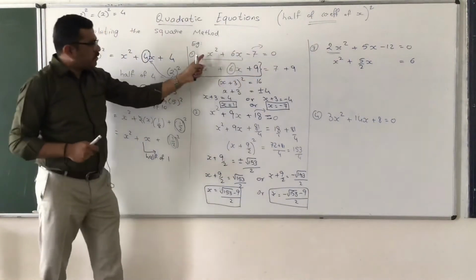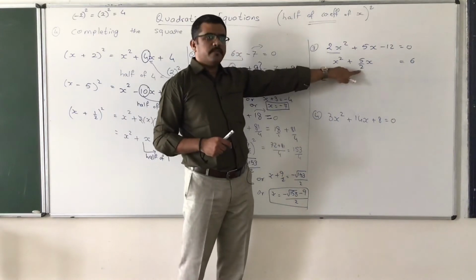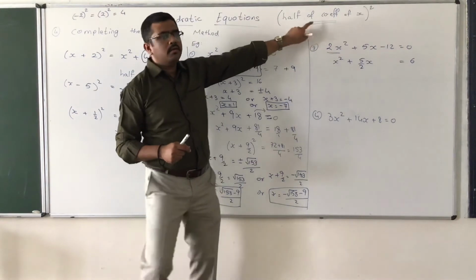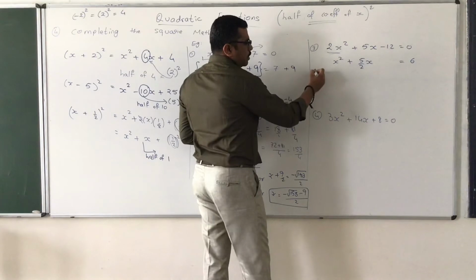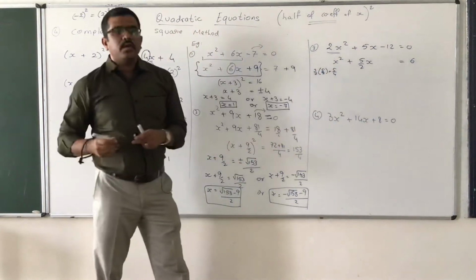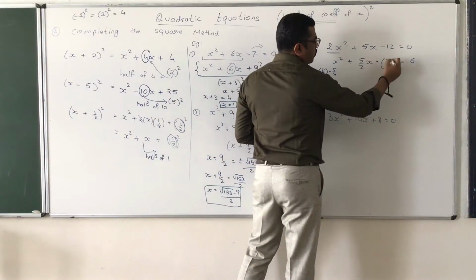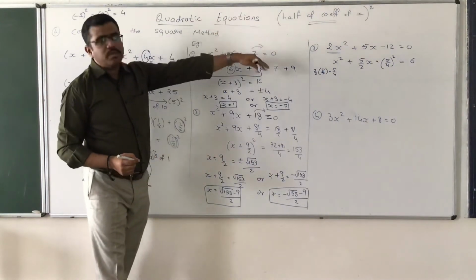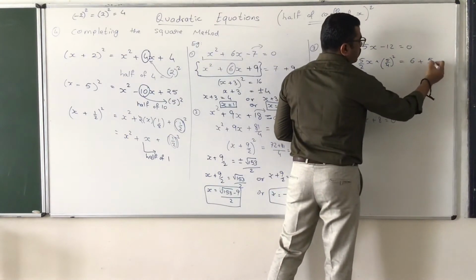So we have x squared now. We have a coefficient of x. So to get the last term, b squared, we will apply these two steps. Half of 5 by 2 is 5 by 4. And the square of 5 by 4, or instead of that, we can write 5 by 4 the whole square. And just remember to keep the equation balanced, add 5 by 4 the whole square on both sides.